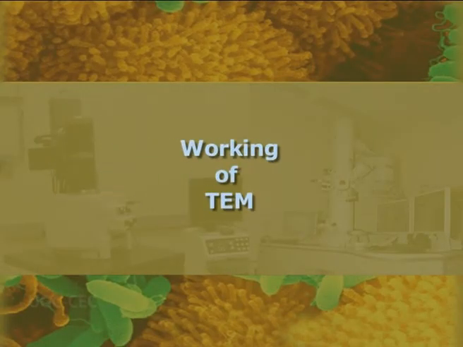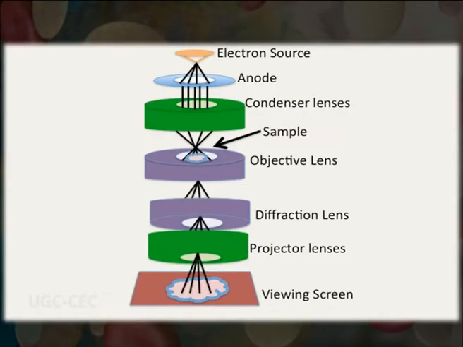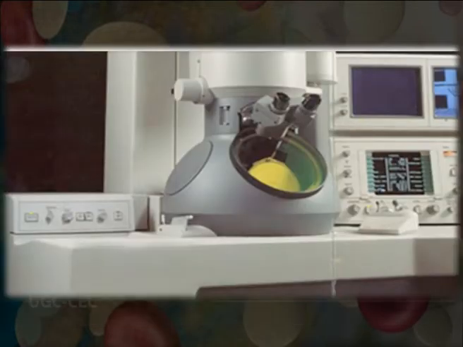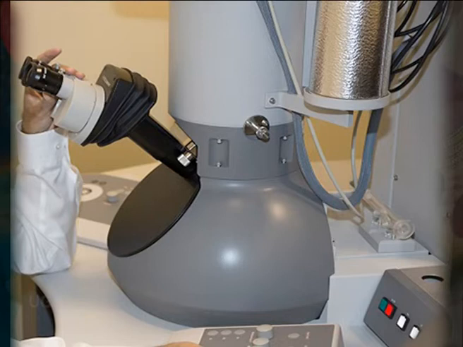Working of TEM. Let us study in detail how TEM works. The transmission electron microscope has condenser lenses to concentrate the incident beam upon the specimen. This passes through the specimen to be focused by electromagnetic lenses to form an enlarged image on a fluorescent screen. The final image is seen on the fluorescent screen through an observation window, and a very fine focus can be obtained with a low power binocular.